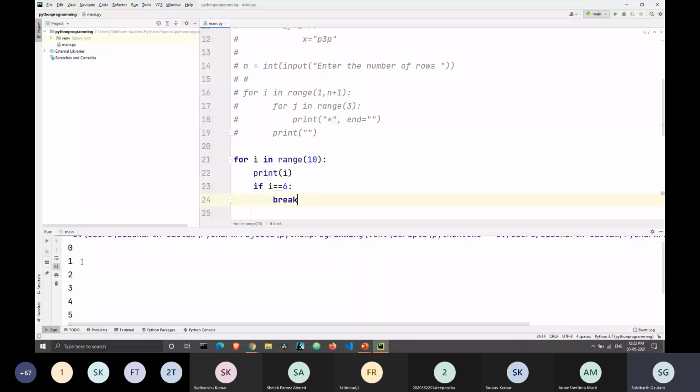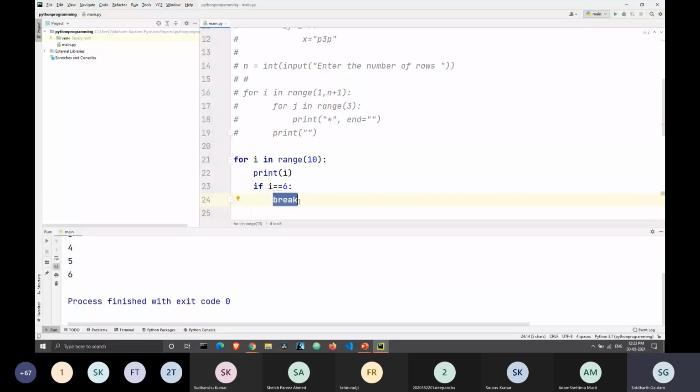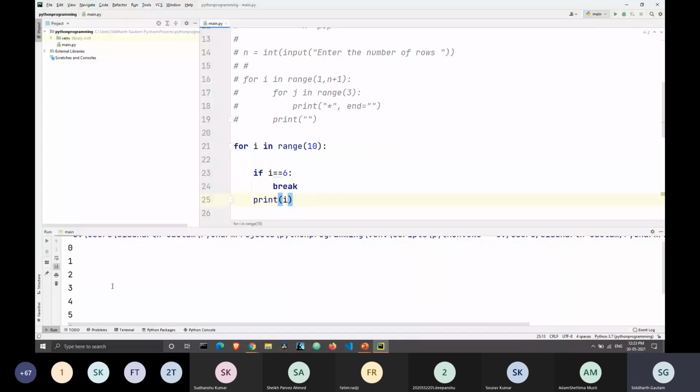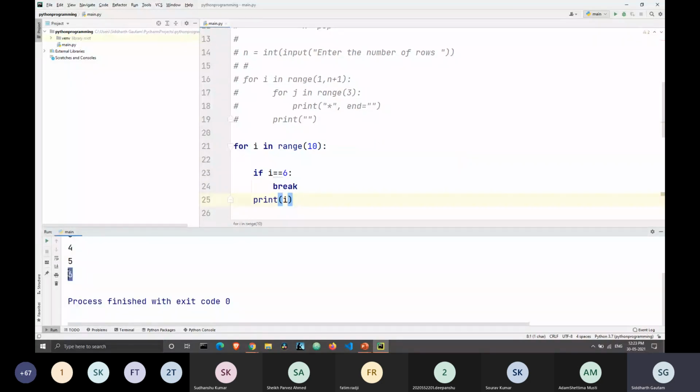All right. So what a break statement does is that as soon as Python comes across a break statement, it will just exit the for loop then and there. You might be wondering, why did this 6 get printed even though we are breaking the loop as soon as we hit 6? The reason is that this print statement is coming before we are checking for the condition. If we remove this from here and enter it after our condition, the same thing will happen, but this value 6 will not get printed.